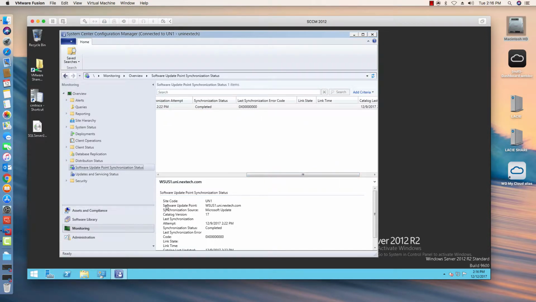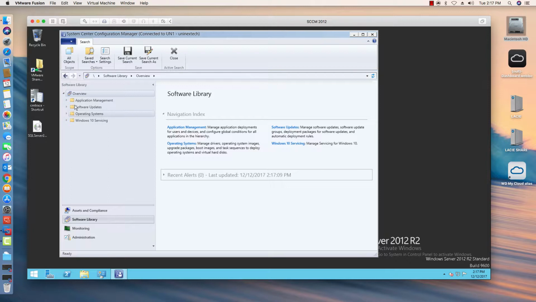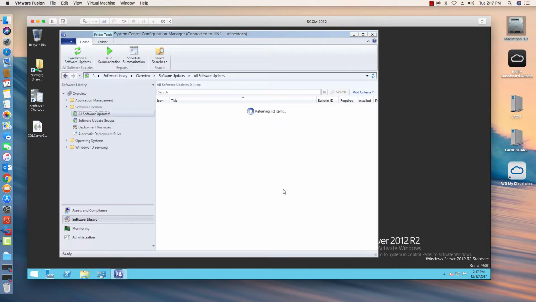Now as you can see, we have a software update point. It's the server that we were just working on when we downloaded the updates, and the synchronization source is the Microsoft update server. I know there's a lot of components within patch management. So you have your Microsoft update, which is the internet, downloads to the WSUS server, and then from the WSUS server it synchronizes over to the SCCM server. So once all of those components are working, and as you can see, all of these components are working,